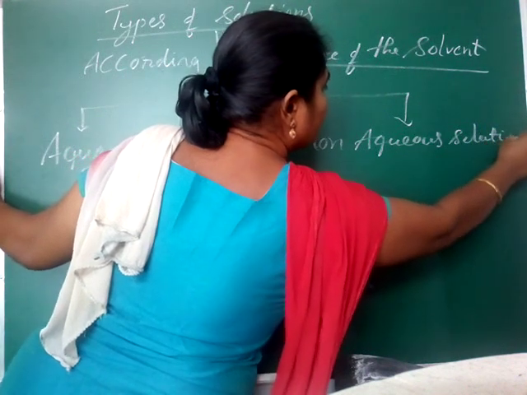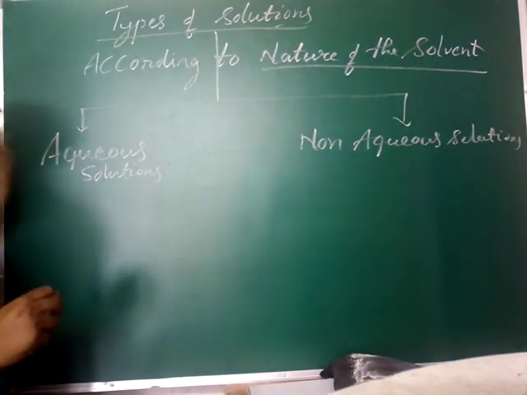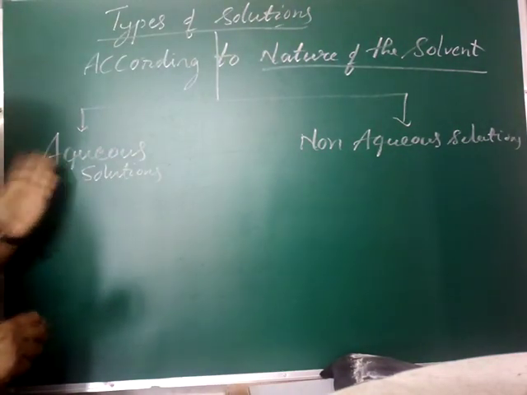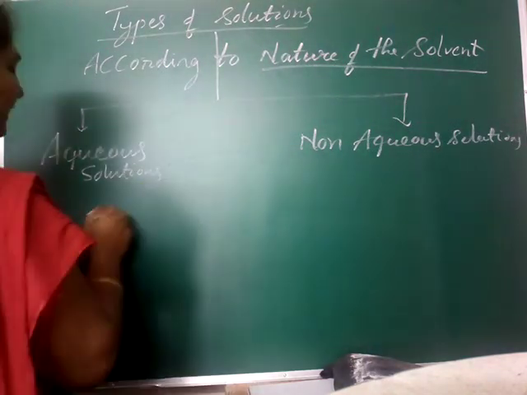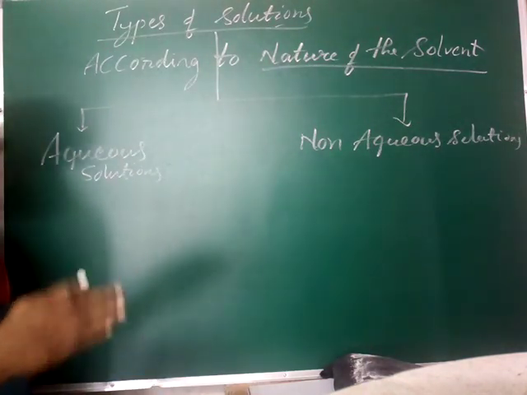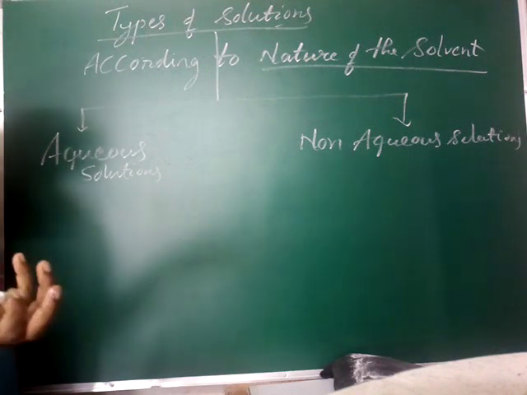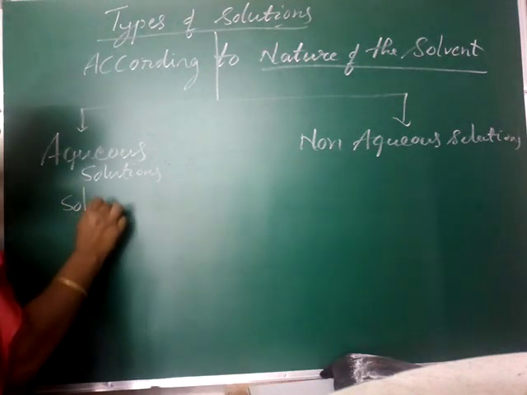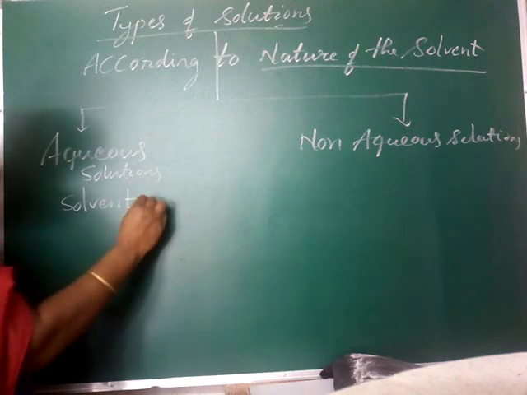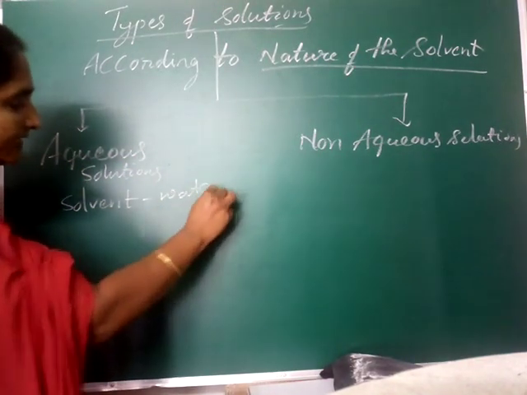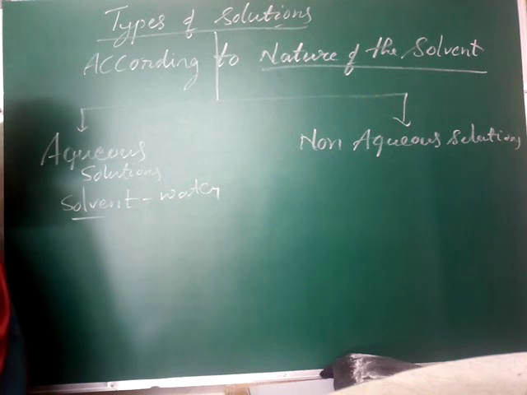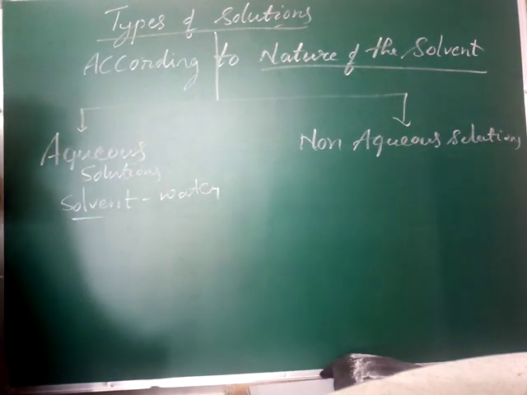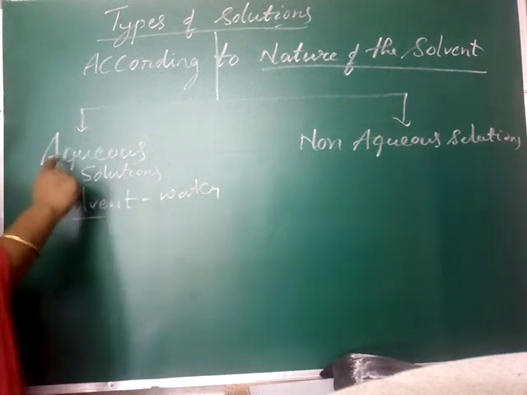Non-aqueous solutions. Okay, do you understand? Two types. What is meant by aqueous solutions? Meaning in the name only there. Aqueous means water. Here, already I told you in components, the greater component is called the solvent. In an aqueous solution, water is taken as the solvent, that means the greater quantity in the mixture. In homogeneous mixtures or in a solution, if we have to take water, then it is called the aqueous solution.